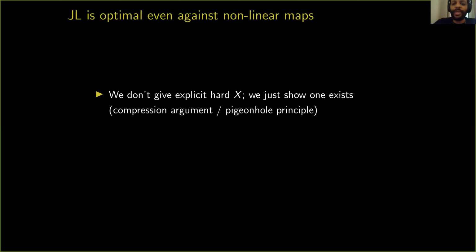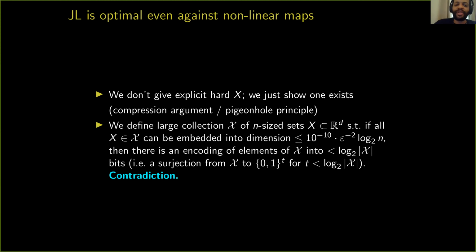So we do not give an explicit hard point set for JL. We just show that there is a point set where you can't beat JL. To this day, I still don't know what that point set is. How do we do it? We define a large collection of point sets. Each one of these point sets has endpoints in R^d, such that if each point set in this collection can be embedded much better than the JL bound, then I say surjection, that's a typo, it should say injection. There's an injection